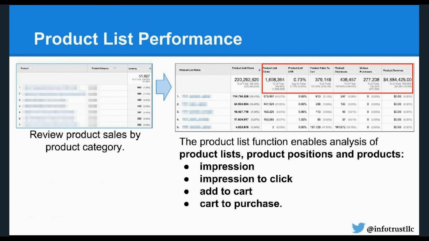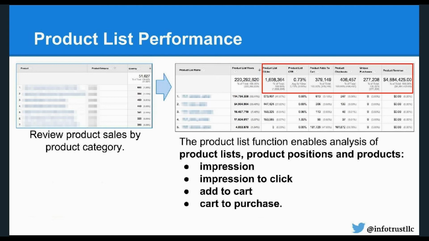Now that's a starting report, but of course we didn't stop there because we wanted to get really deeper into the way that our advertisers and our customers look at individual products. And it's usually not just by the products themselves. Oftentimes they like to group them into categories such as best sellers or things that they were advertising through, say, a catalog. What about things that you were actively advertising through display ads? And that's where the product list functionality comes in, is that instead of looking at all products along a single list and saying, here's everything that we sell, what if we could take this information and group it into ways that make more sense for you?